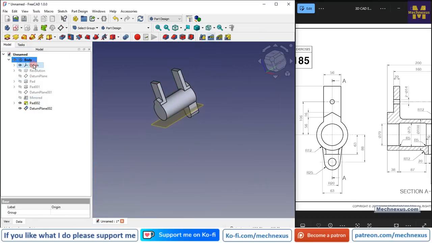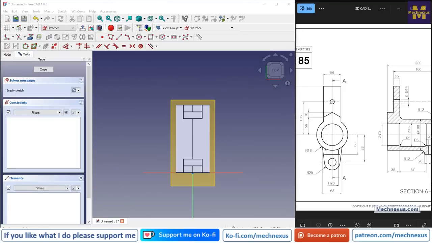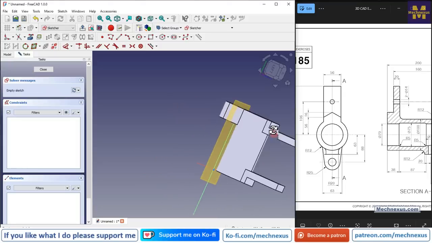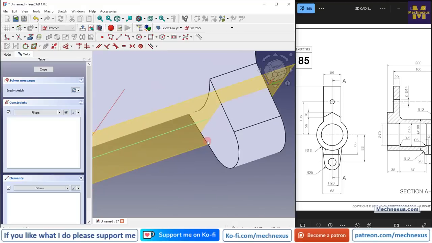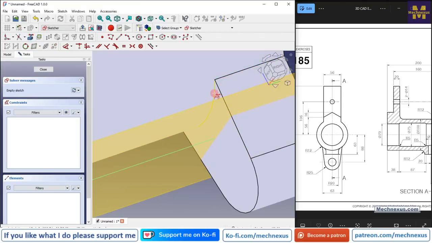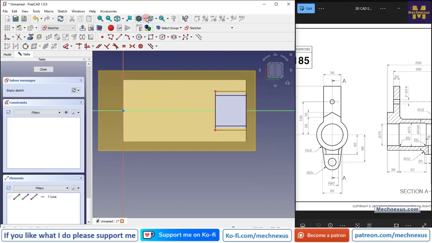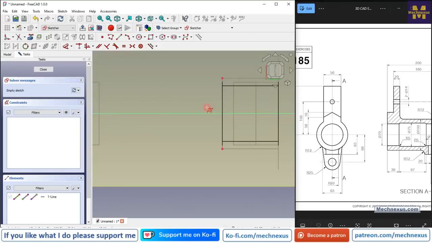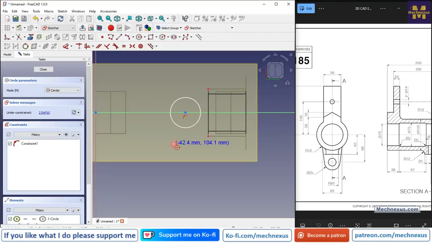Now I will off the origin plane and I will rebuild my datum plane. Now on this plane we will create our sketch. So for this we will rotate our model, and here first we will project this edge, and now I will switch to the bottom view, and from here I will switch to the wireframe, and now I will create a circle, and this is of a diameter 40,